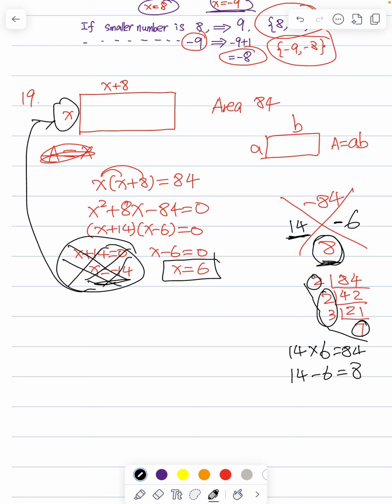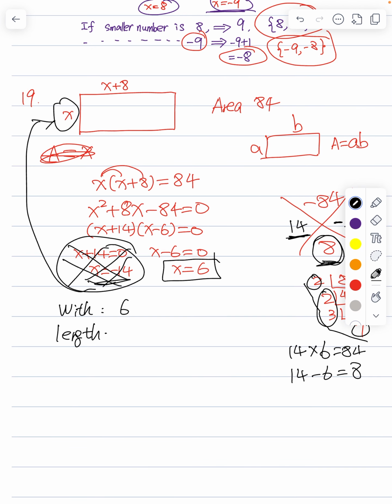So that means the width is 6. And the length is x plus 8, right? So 6 plus 8, that's 14. So we solved for the rectangle. One side is 6, another side is 14. So far the first page is done. The page 361 is